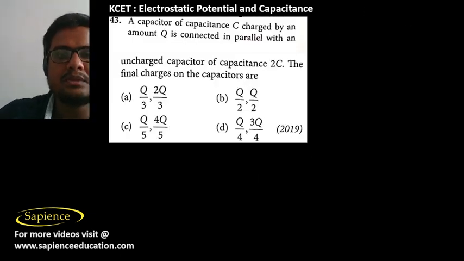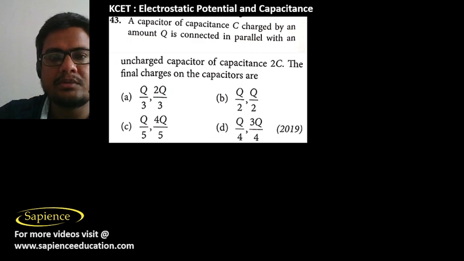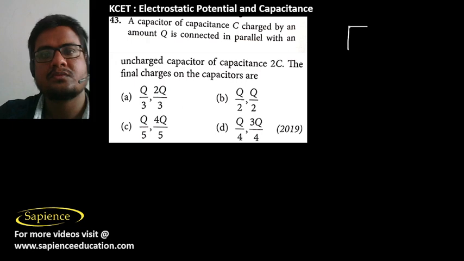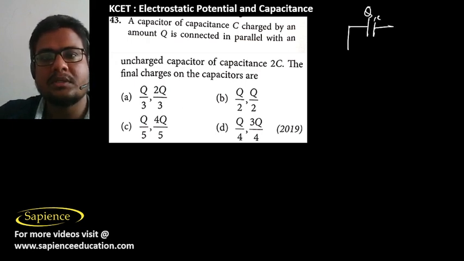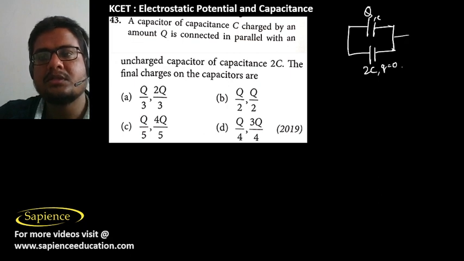Then in question number 43, it is told a capacitor of capacitance C charged by an amount Q is connected in parallel with an uncharged capacitor of capacitance 2C. A capacitor of capacitance C charged by an amount Q is connected in parallel with an uncharged capacitor of capacitance 2C. Charge is 0. The final charges on the capacitor are,